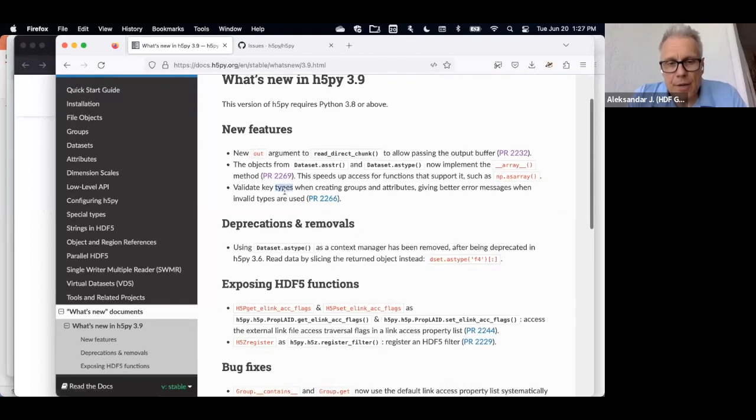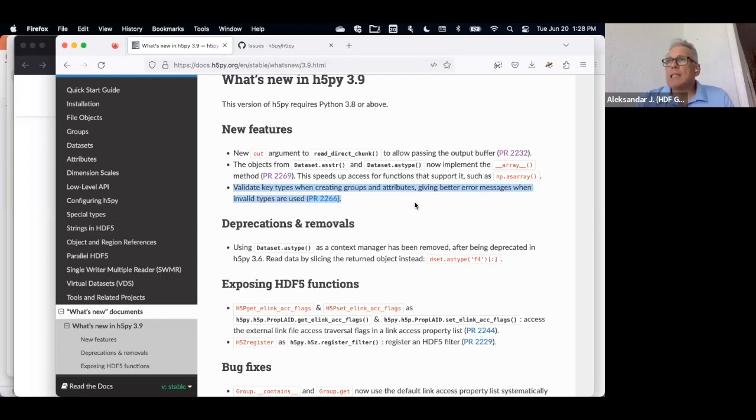Yes, this was a very interesting bug. There are some other packages that use h5py as a backend storage, and they were allowing integers as group names. And h5py was essentially raising the HDF5 library's error, which was not that helpful in this case to really say what was the problem.